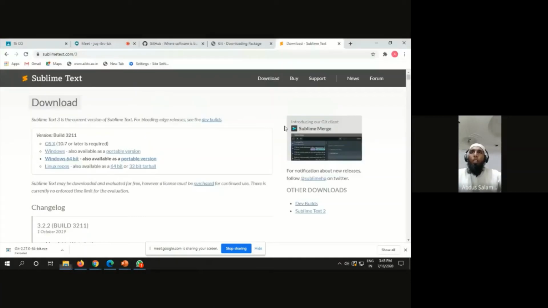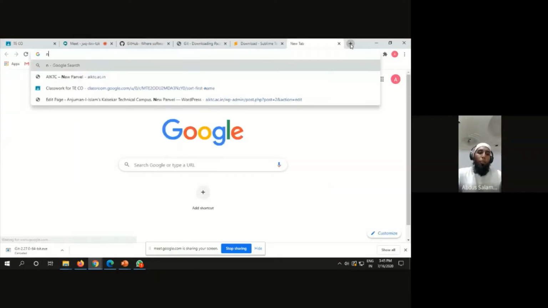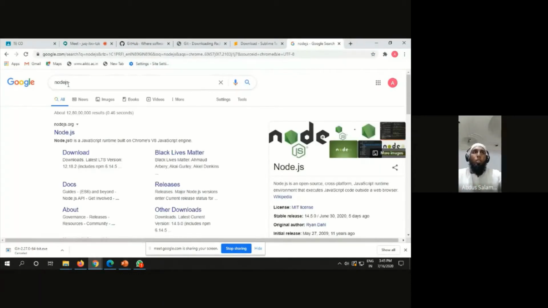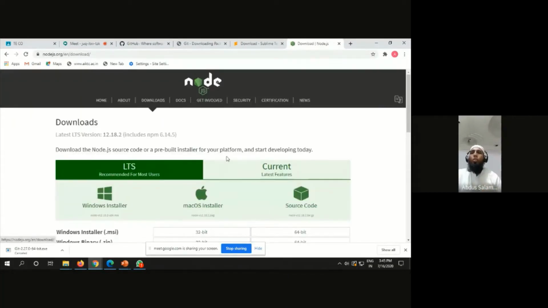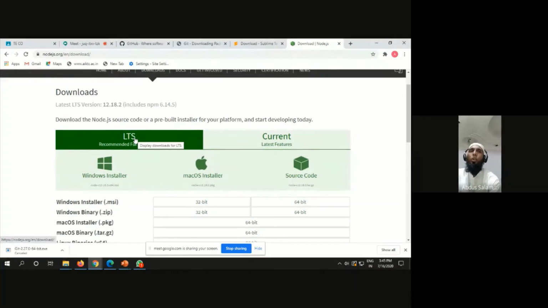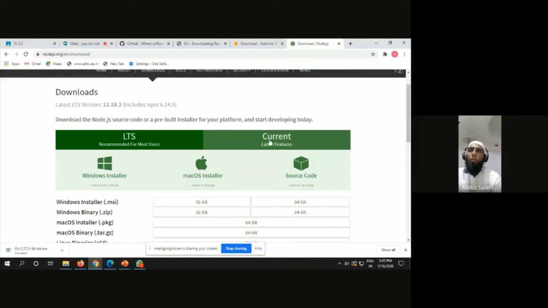Next, for Browser Sync, you have to install Node.js. Search for the Node.js website and go to the download button. Here you can go for the LTS, that is long-term support, and don't go for the current one. The current may have bugs and might not be stable, so always prefer LTS.